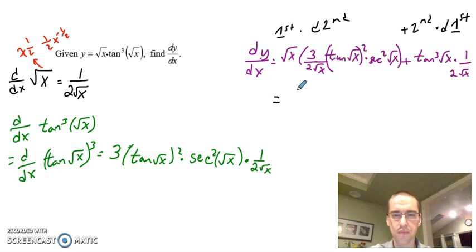And so notice that with this second part, the addition part, this multiplied, the tan cubed square root of x multiplied by 2 over square roots of x, nothing simplifies. This square root of x cannot simplify with that square root of x. So we're just going to get tan